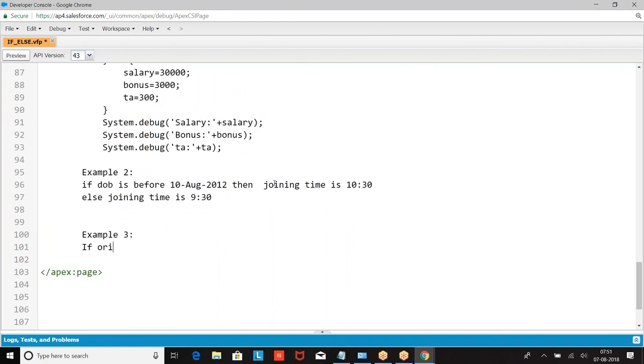If origin is email, then set priority as high, status as new, subject as hardware installation.